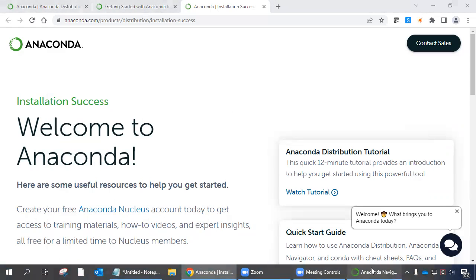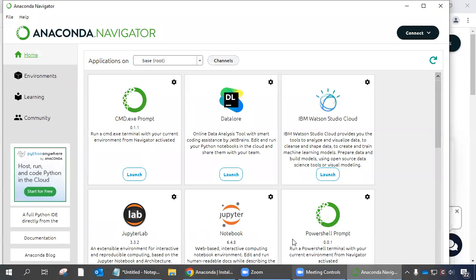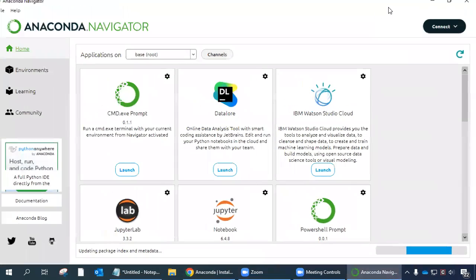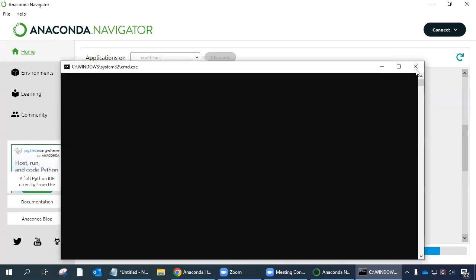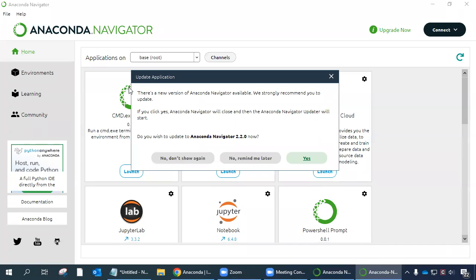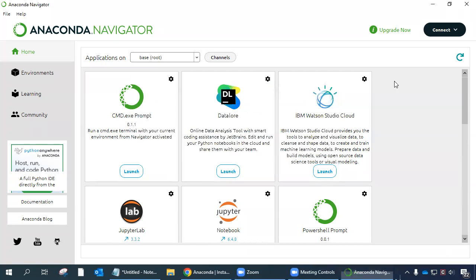But you can see here, it's taking a little bit to boot up, but it finally did. And here is the interface for Anaconda distribution package. So some things in terms of new versions are available. I'm not going to worry about this stuff since I already just went directly to the website and downloaded what